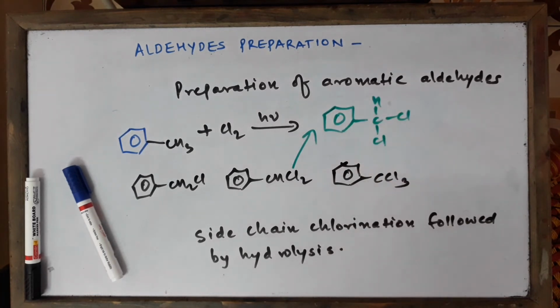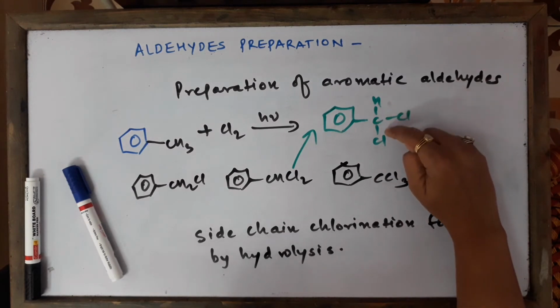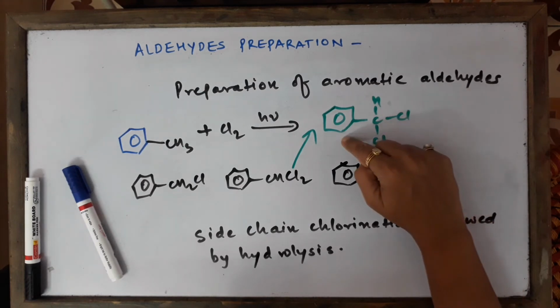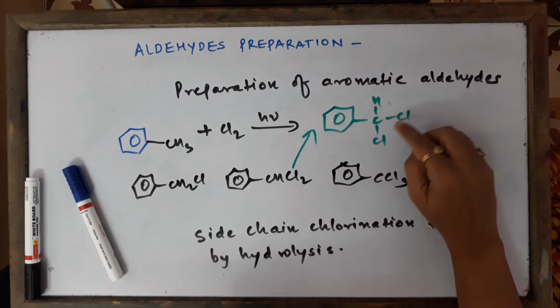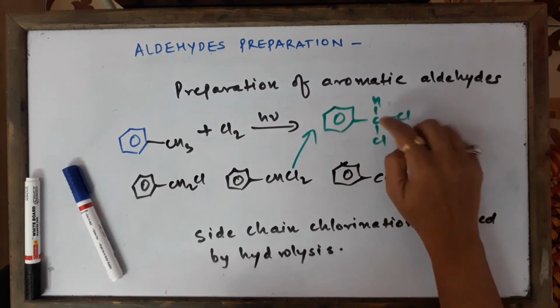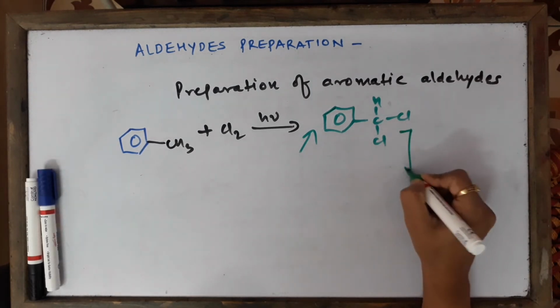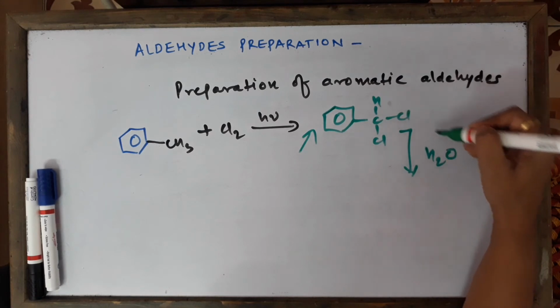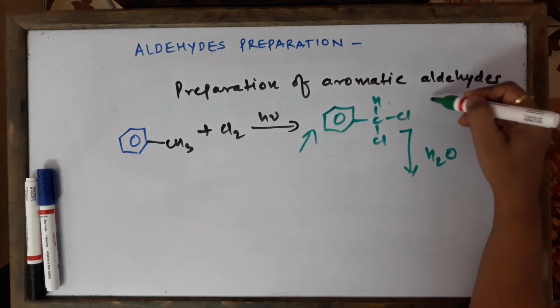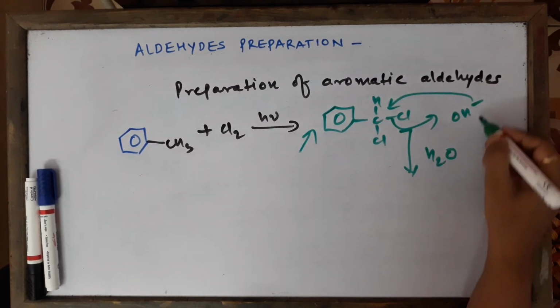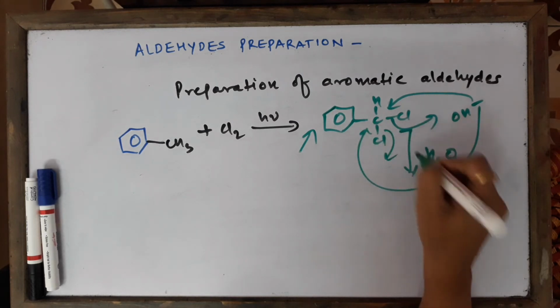So I am going to draw this in exam. I have done side chain chlorination. I got one of the products, benzal chloride, or the IUPAC name will be 1,1, but there's no need of writing 1 because there's only 1 carbon atom here. So we'll say dichlorophenylmethane. I'm going to react dichlorophenylmethane with water. Then nucleophilic substitution takes place, and the OH minus from water attacks the carbon atom. The OH attacks, the Cl comes out, one more OH attacks, one more Cl comes out.